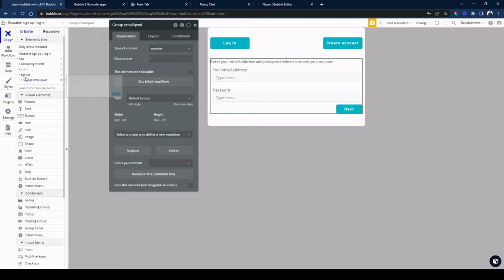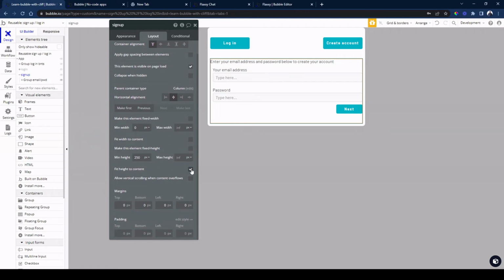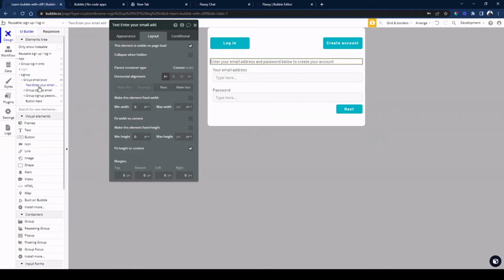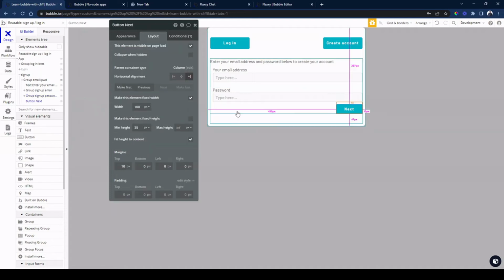Okay, so our sign up group is a column, right? I've centered it, no width, and we're fitting everything to height, right? So in it now we have a group called email password, and in this group we have a text element, we have another group, and a button, so similar to the login group, right? So the idea is when you click on next, you should be able to hide these elements